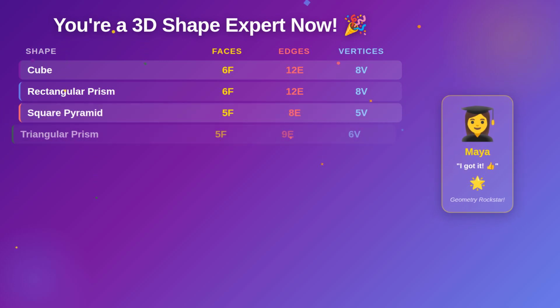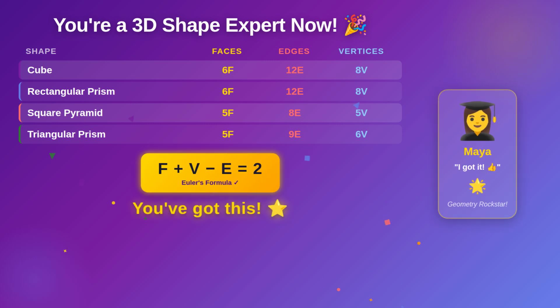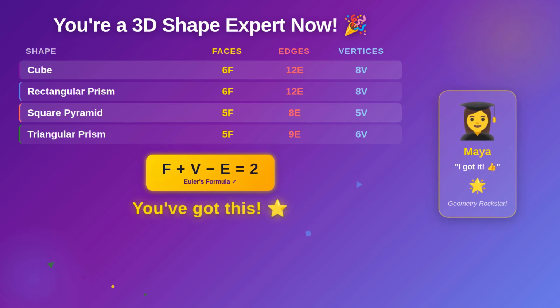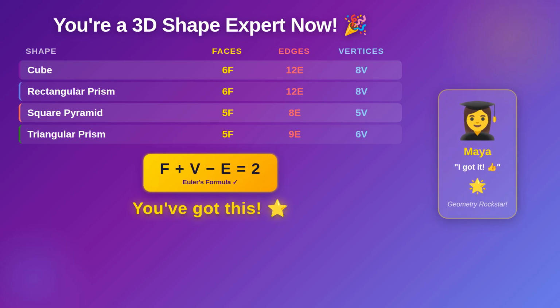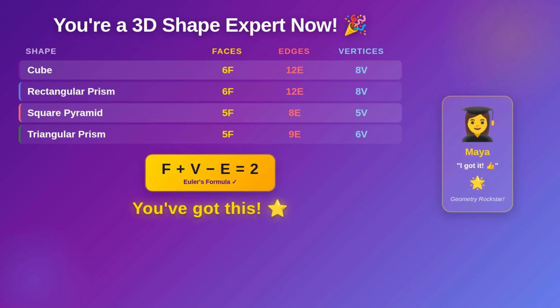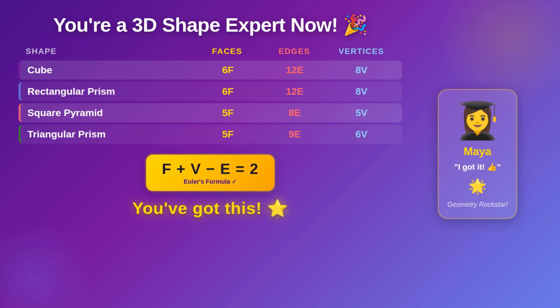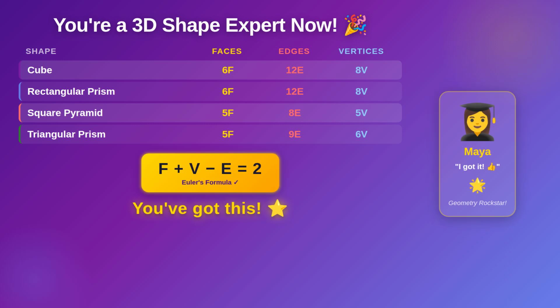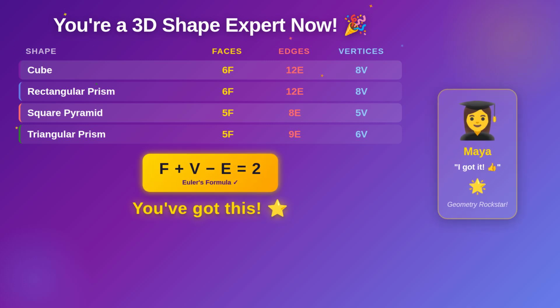It checks out. Remember when Maya was staring at that worksheet, totally lost? Look at her now. She can identify faces, edges, and vertices on any 3D shape, and she even knows Euler's secret formula to check her work. Let's recap. Faces are flat surfaces. Edges are where 2 faces meet. Vertices are the corner points. And Euler's formula, F plus V minus E equals 2, works for every solid shape. You've got the same tools Maya has now, so the next time you see a cereal box, a dice, or a pyramid, you'll know exactly what to count. You're a geometry